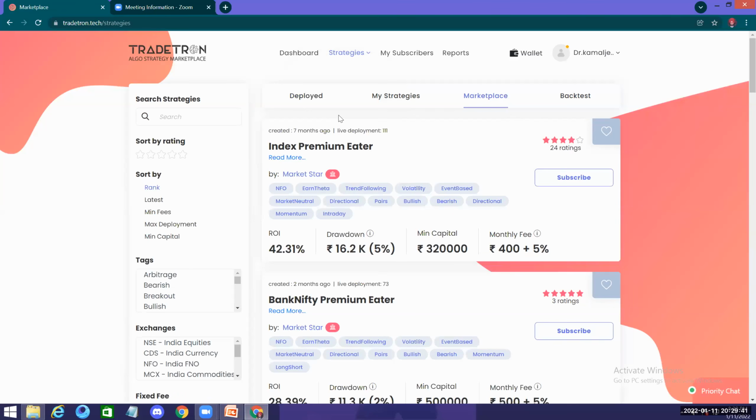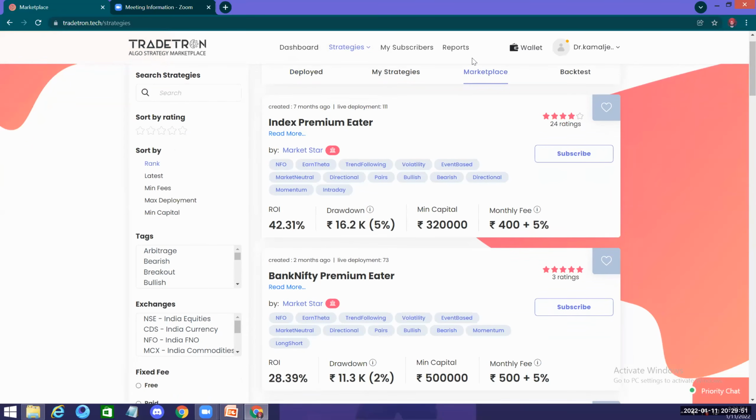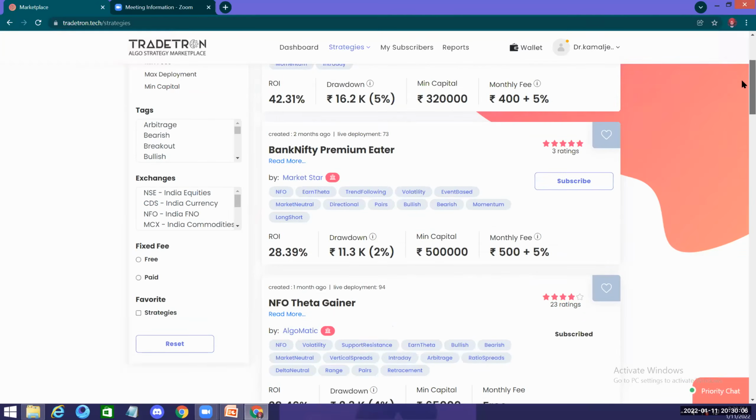Now whatever is available in the market will start coming to you. This is where things become a little interesting. Monthly fees plus 5% of the profit. Actually, they are going to eat everything out of you. You go after this 42.31%, they may eat everything, the profit you're going to make. These are very well calculated.